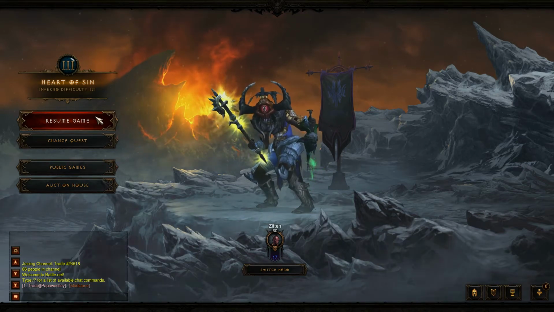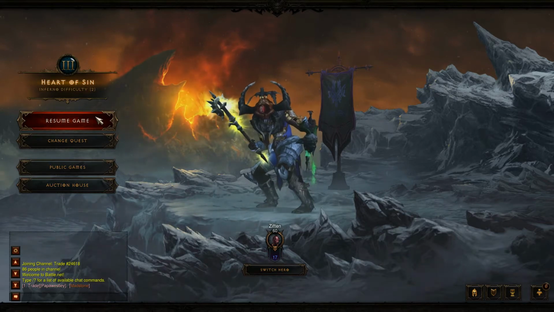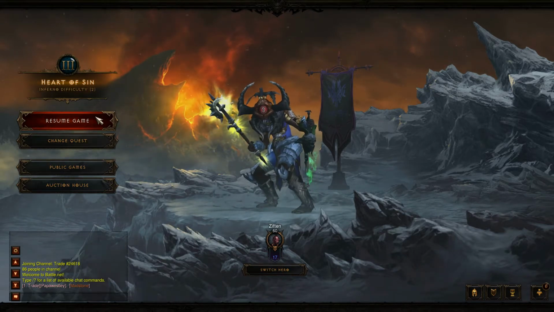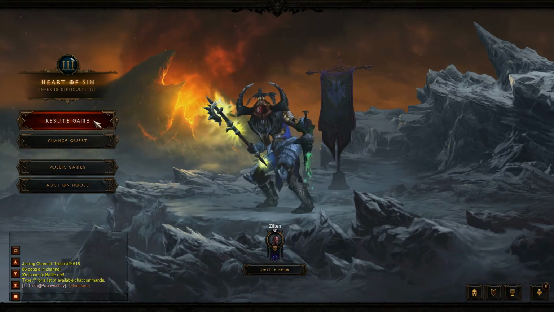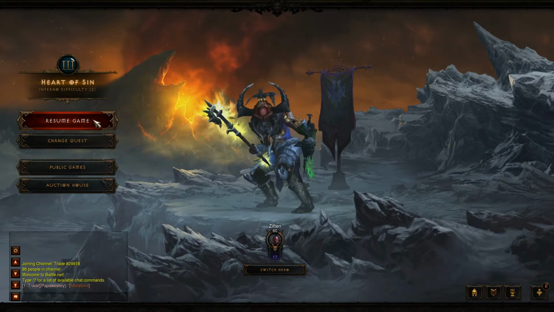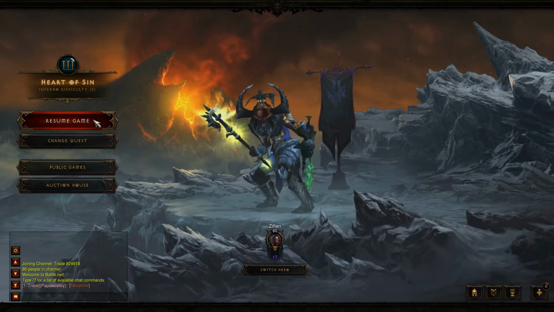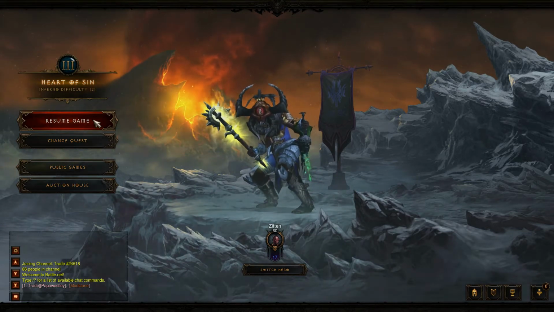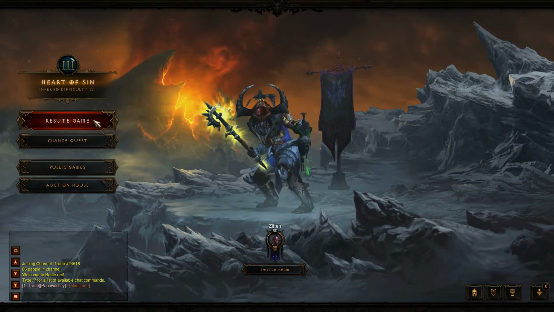Alright, so I wanted to make a video about the 1.05 Zombie Dog Sacrifice build that I'm using on my Witch Doctor. Primarily I wanted to talk about this because I think it's a pretty unique build. I don't think there are a lot of people using this build, and there's good reason not to, I guess,